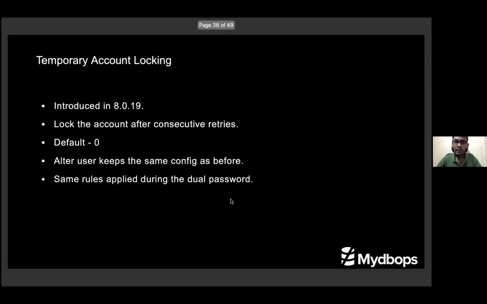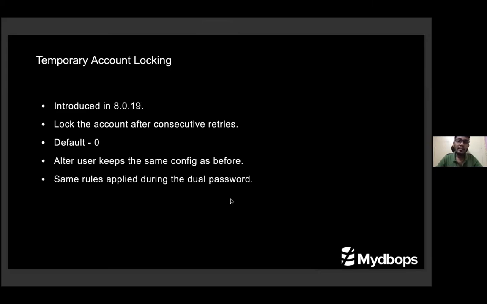The next one is temporary account locking, which was introduced in 8.0.19. The concept is that whenever a user has consecutive failed logins, MySQL will count them, and after a specific number of consecutive retries, it will lock the account.